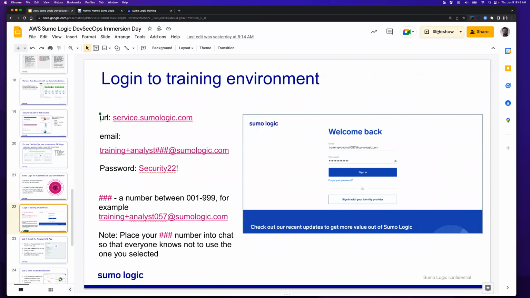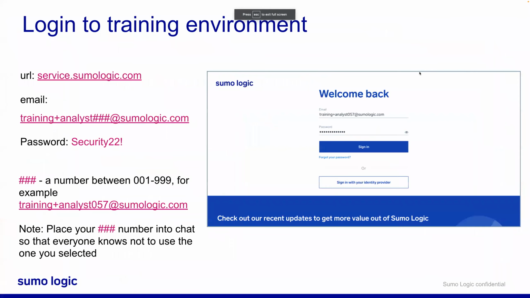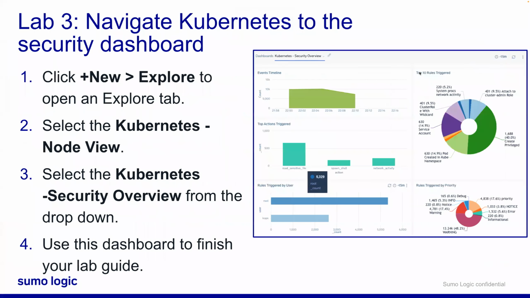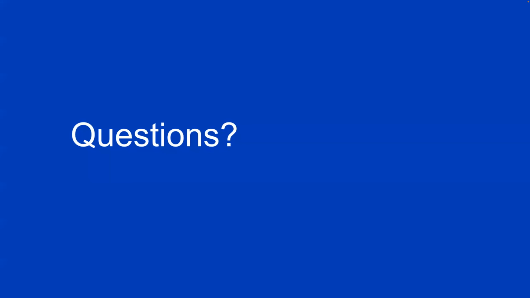All right, let me go back to my slide deck. I think we're about good here. So we did lab 1, we did lab 2, wrapped it up with lab 3. And so I'm going to open up to questions about Sumo, about Kubernetes, about AWS, of course, for myself, for Dilip. If not, that's fine. No forcing questions, of course.